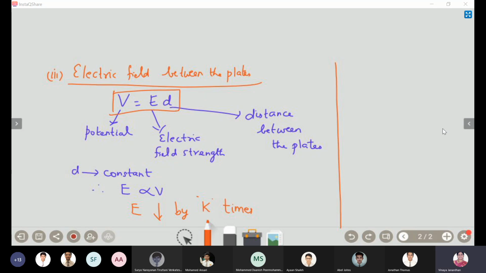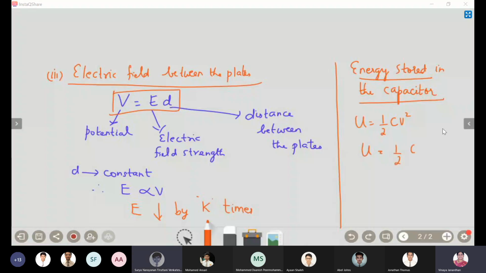So, which one will you use? The energy stored in the capacitor. You have the general formula U is equal to half CV squared, or you can go for Q by C squared, or you can go Q and V. What is the relation between them?